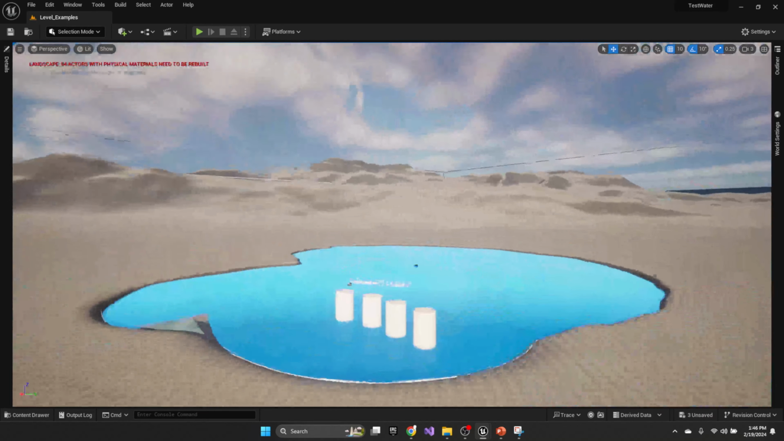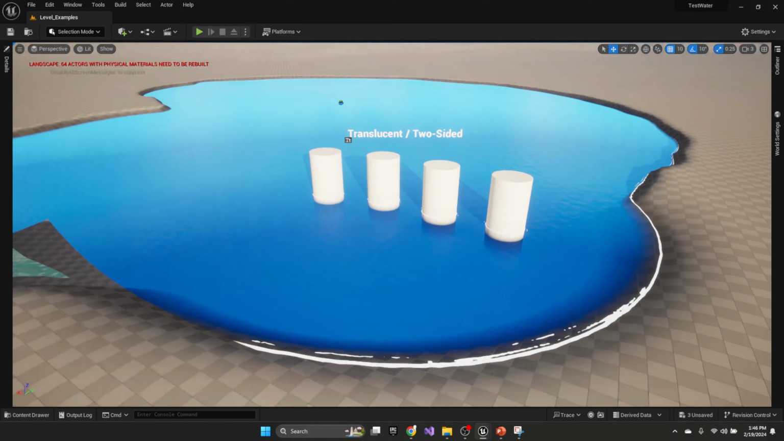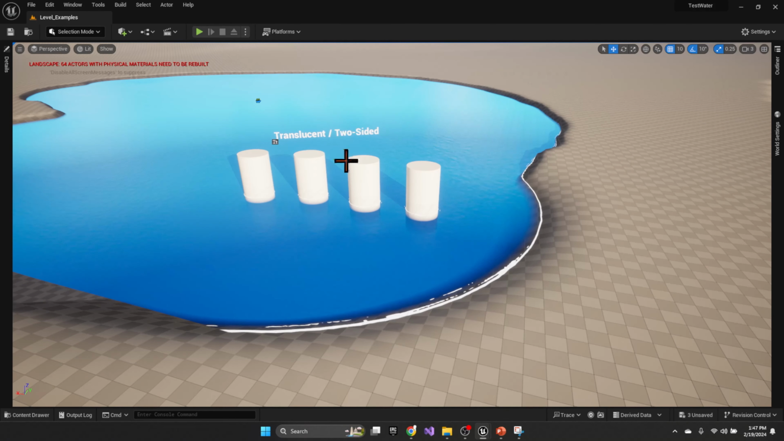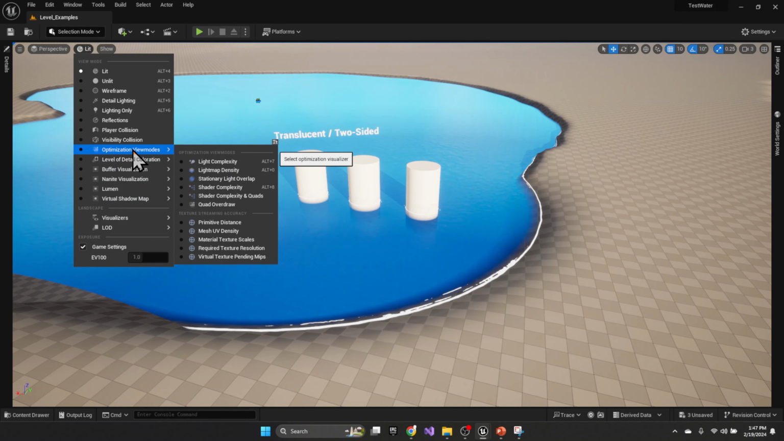And then this one is a translucent two-sided effect. And it is another example of using a water. The interesting thing is, in fact, the two-sided did not cause this one to be more, well, it does cause it to be more complex, but it's not the driving factor. If we switch over to look at our optimization views and our shader complexity,